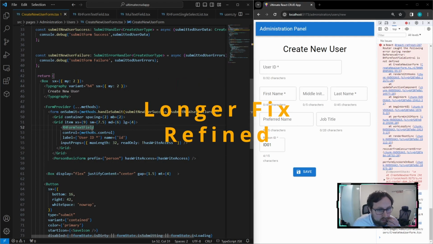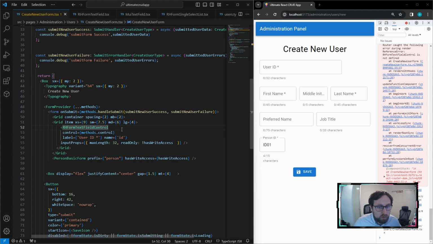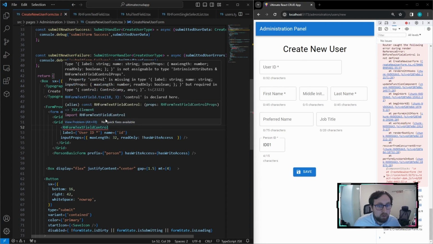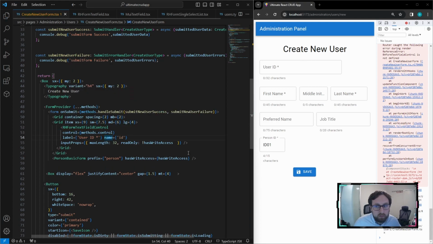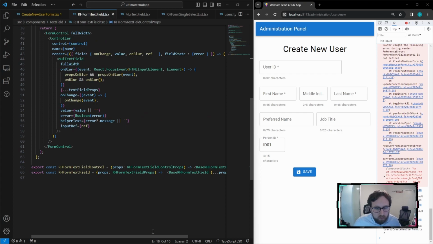So for the last update here, we're just going to make it so the control is not a valid prop for this React Hook form text field, since you want this one to rely on context. And then if we're in the control, that one's already kind of working, where if we do the control and we don't include that prop, it's going to give you a type error. And we'll just include that in, and that should be working again. So if we were doing the React Hook form text field, we could add in a context to it, but what we'll do to actually fix that is come into this text field here,